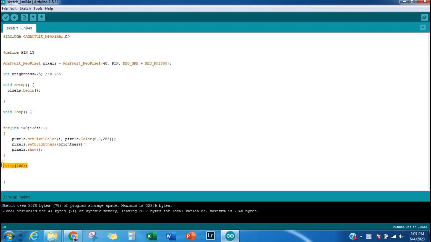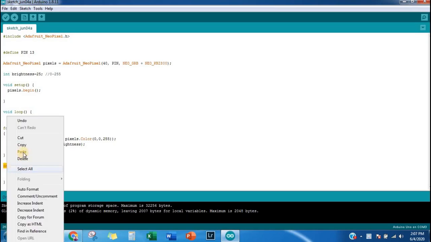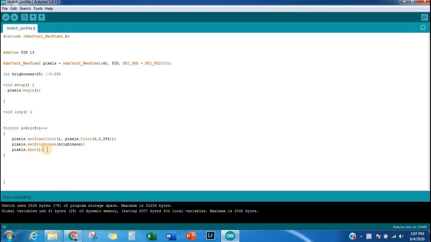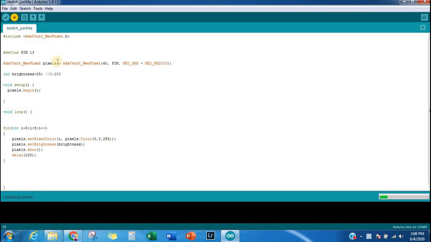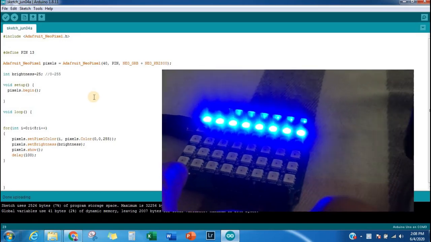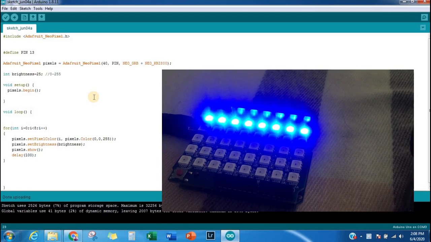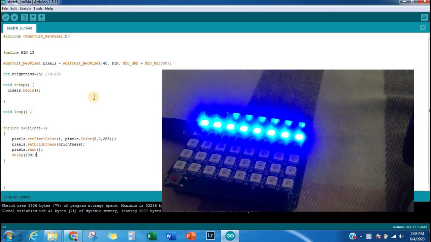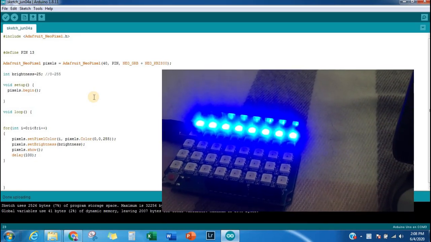The delay we have to put inside the for loop, otherwise we will not see the LEDs lighting up. So we have to put it inside the for loop, and then we can upload it to the Arduino. As you can see now, when I press the reset button, the LEDs keep lighting up from 1 to 8.